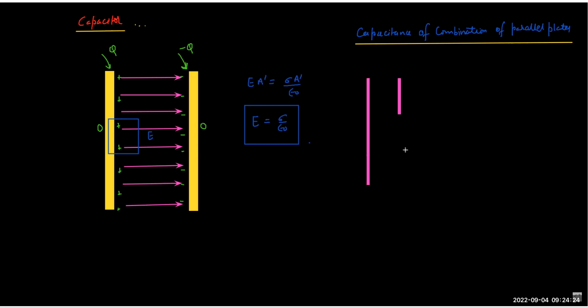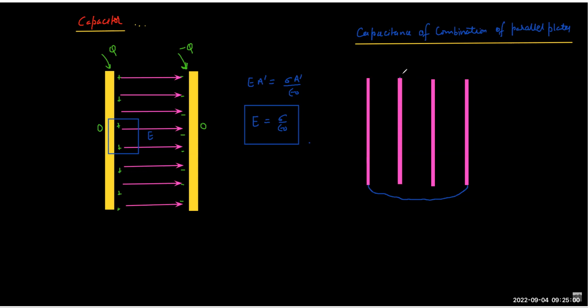So we have plates like this. Let's say the outermost plates are connected by some connecting wire, and we are supposed to find the capacitance between